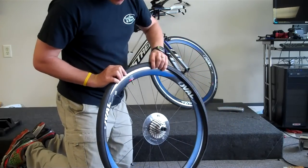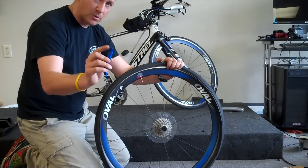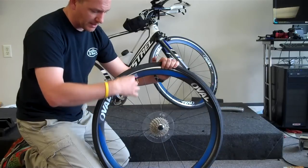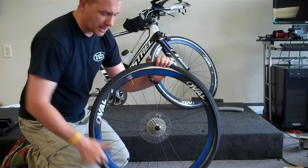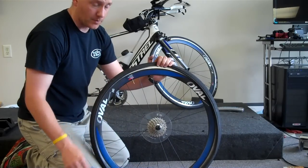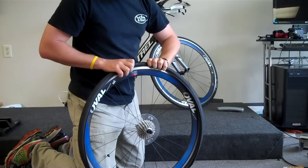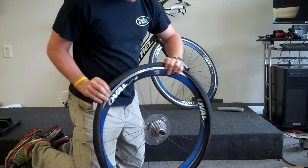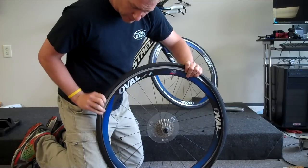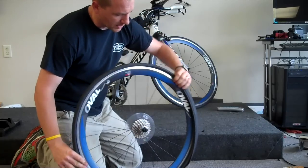Okay, putting this thing back together, there are two ways. One of which is to take the spoon side of your tire lever, place it in, and actually start to work the tire all the way around. You'll have to hold on to the tire or you'll wind up chasing the rim or the bead all the way around. The other way is if you have the hand strength to do it, you want to set that bead as much as you can, pushing the tire up,